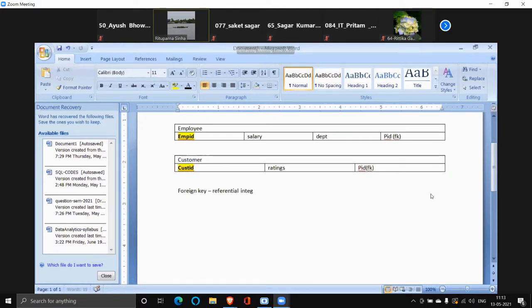Referential integrity constraint. So foreign key is known as referential integrity constraint. Now, we can also have self-referential integrity constraint.